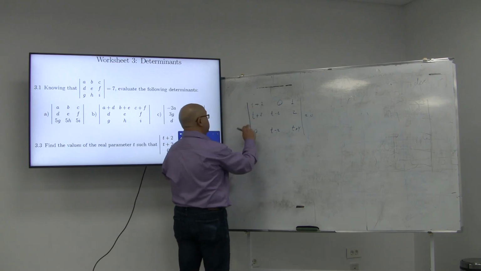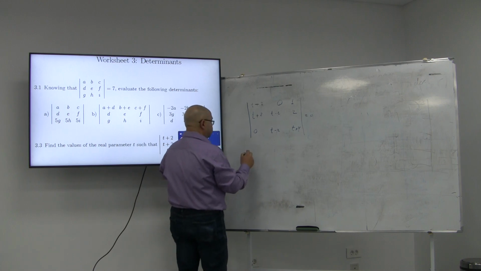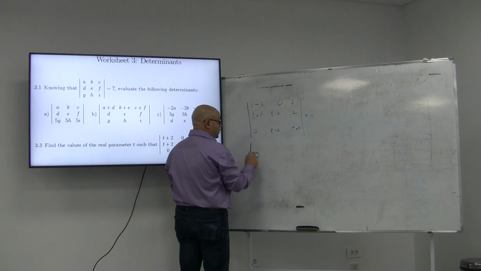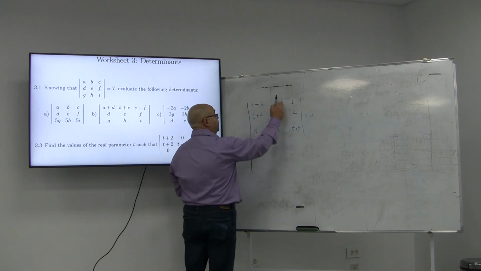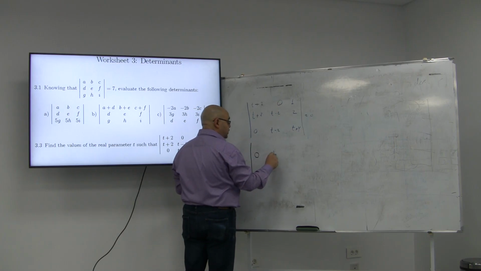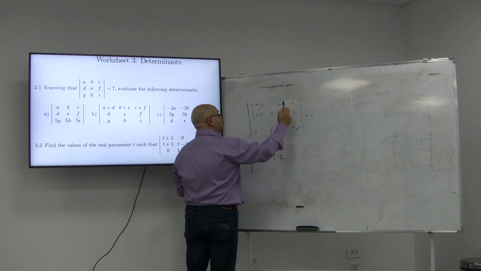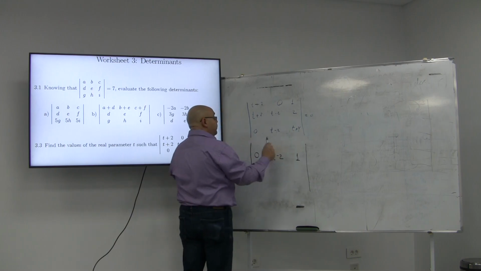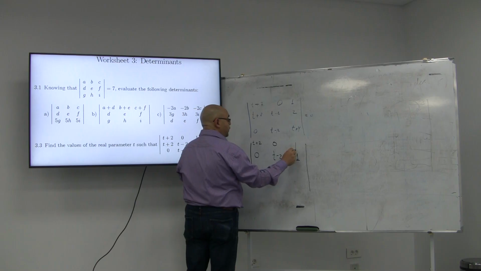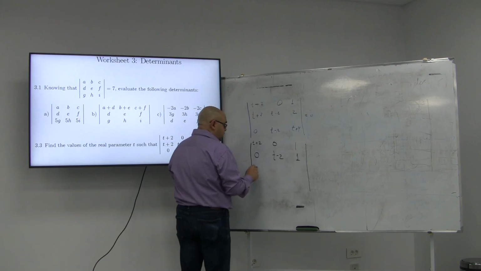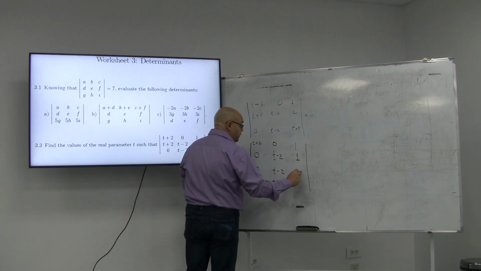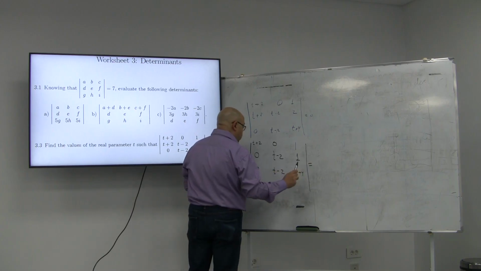Negative t plus 2 plus t plus 2, so the result will be 0. Negative times 0 plus t minus 2, it's going to be t minus 2. Negative times 1 plus 2, so it's gonna be positive 1. The same for the first row, which is t plus 2, 0 and 1. And for the last row, it is still 0, t minus 2, and t plus 4, which also looks very